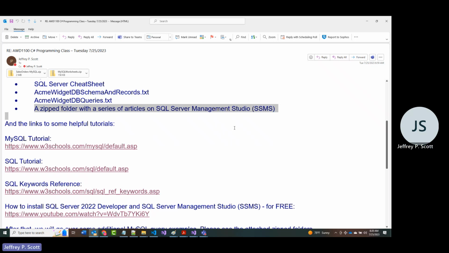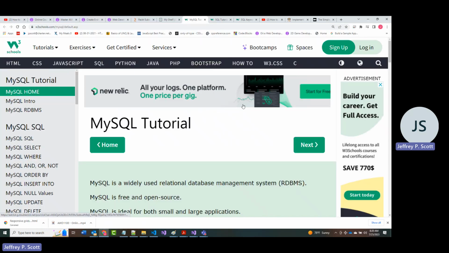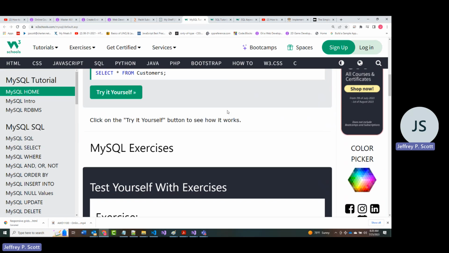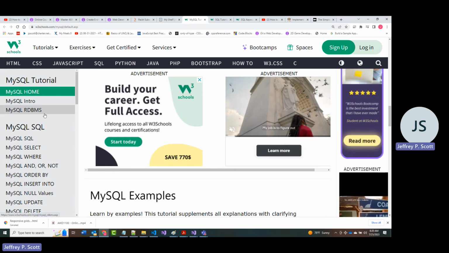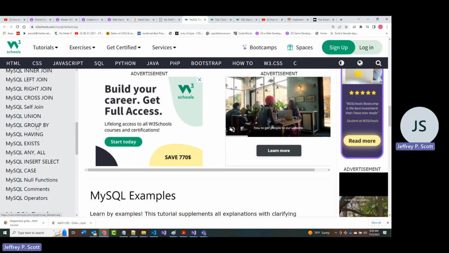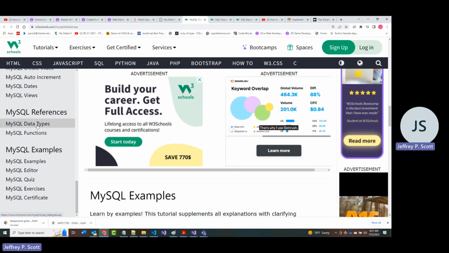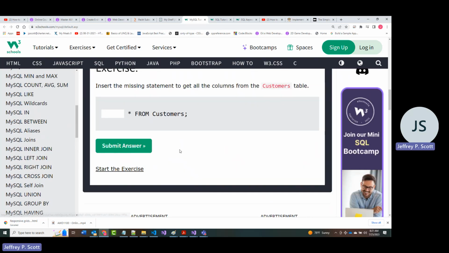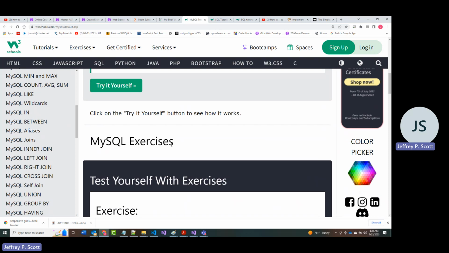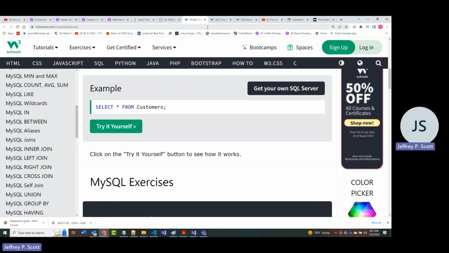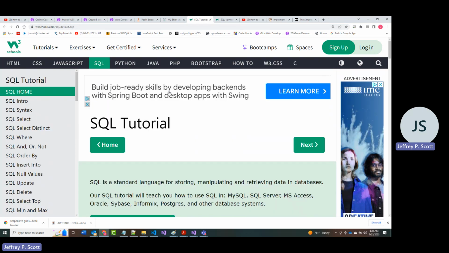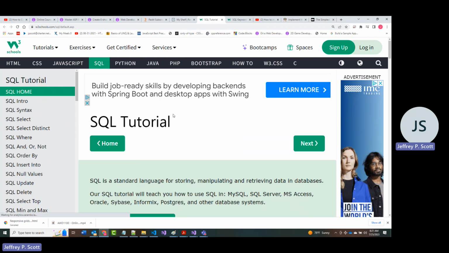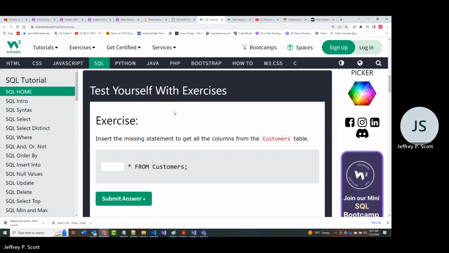So the rest of the stuff in here, I've already brought up on my system. This is a MySQL tutorial. You're going to find examples of virtually everything that was on that cheat sheet. It's a W3Schools tutorial. It's well written, and I've gone through it before. There's another one here, just an SQL tutorial. Again,